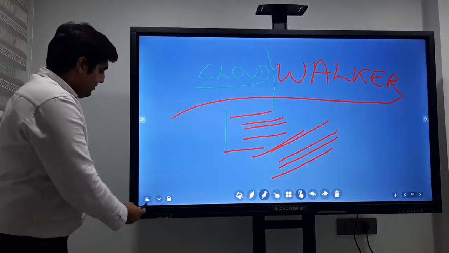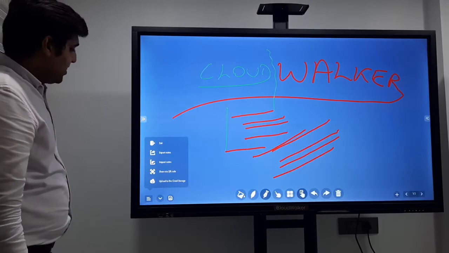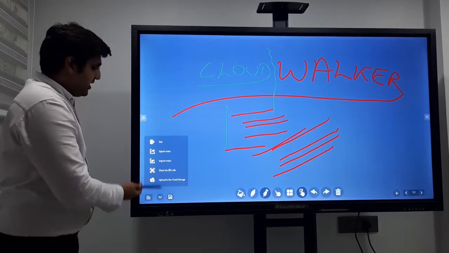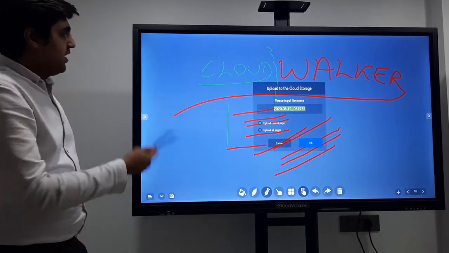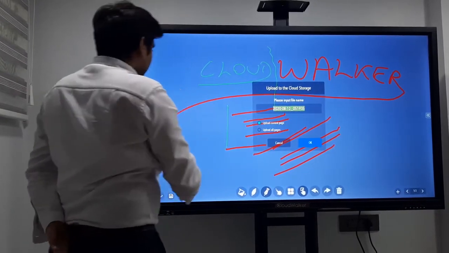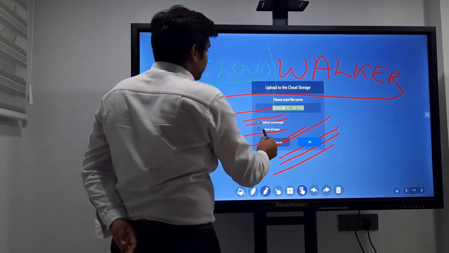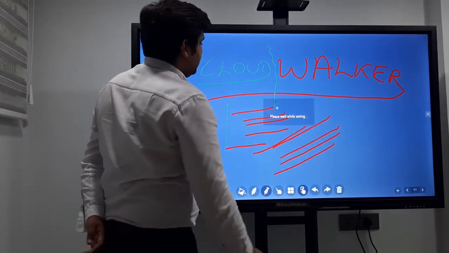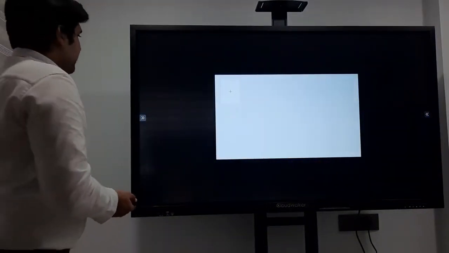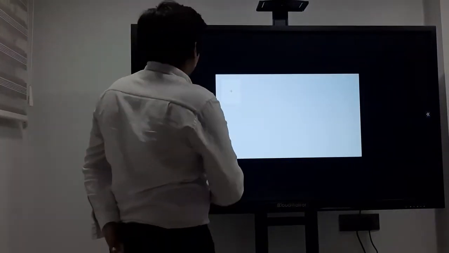From here you can see another option if you want to upload that page to the cloud storage. So clicking on this, you can upload it to the cloud storage. You can change the file name, and upload all the pages to the cloud storage. You have to add your cloud account, and after that you can save it.